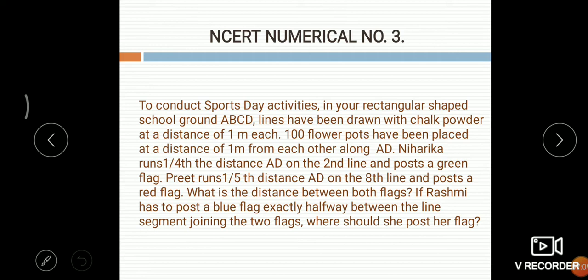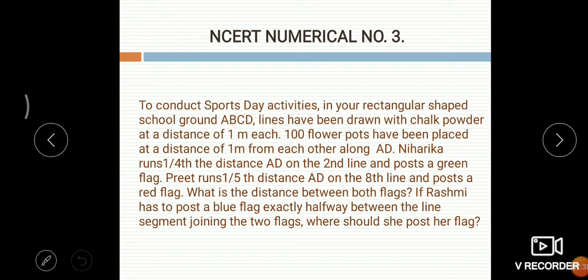100 flower pots have been placed at a distance of 1 meter from each other along AD. Niharika runs 1/4 the distance AD on the second line and posts a green flag. While Preet runs 1/5 the distance AD on the 8th line and posts a red flag. What is the distance between both flags? If Rashmi has to post a blue flag exactly halfway between the line segment joining the 2 flags, where should